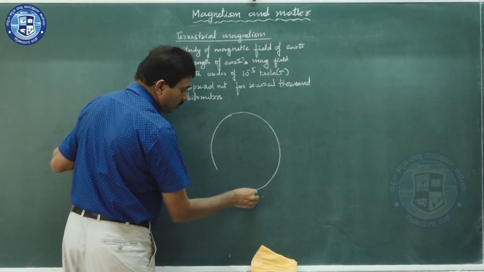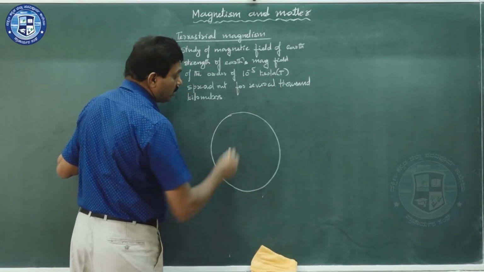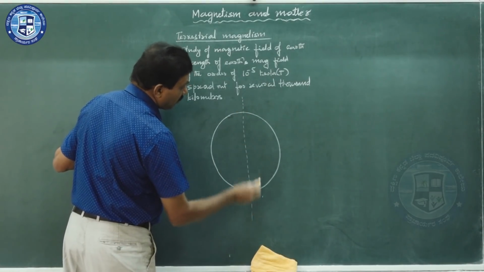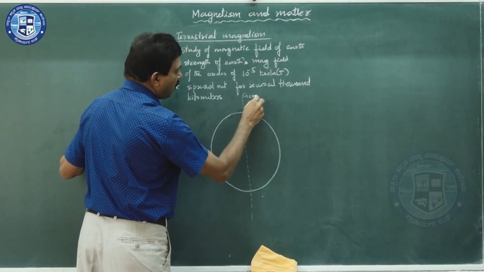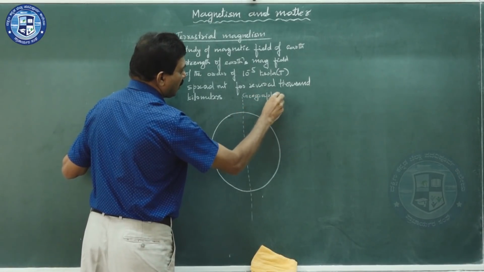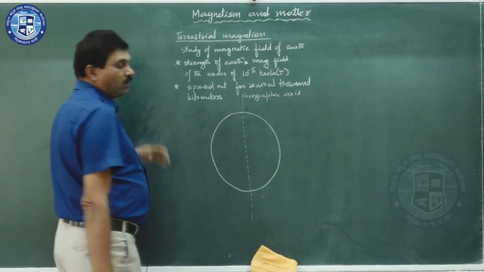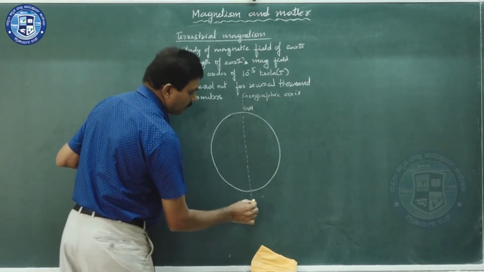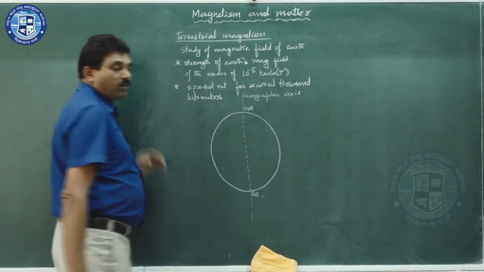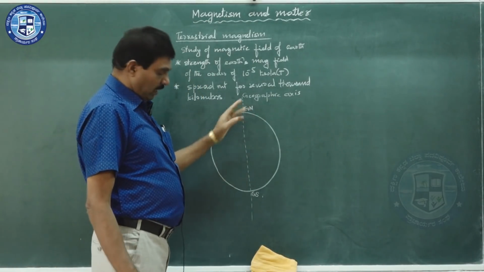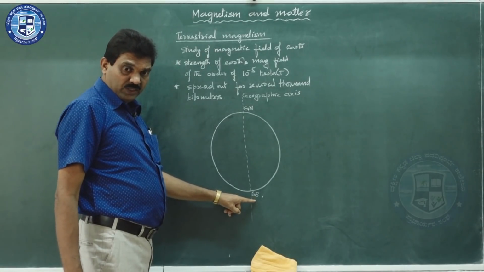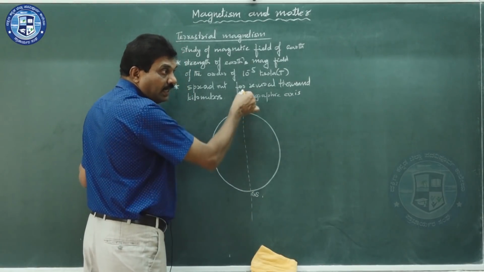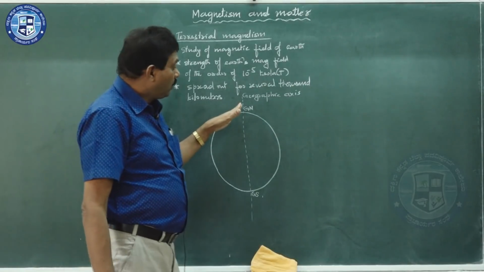Imagine this is earth, and I am considering this is the geographic axis of the earth. I am considering this is geographic north here and geographic south here. Geographic north, GN, I have written, geographic south, GS. Now, this is the geographic axis of the earth, that is the imaginary line passing through geographic north and